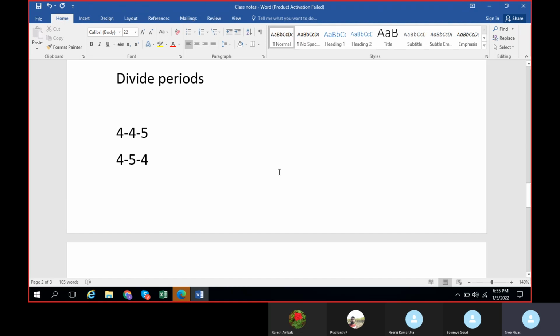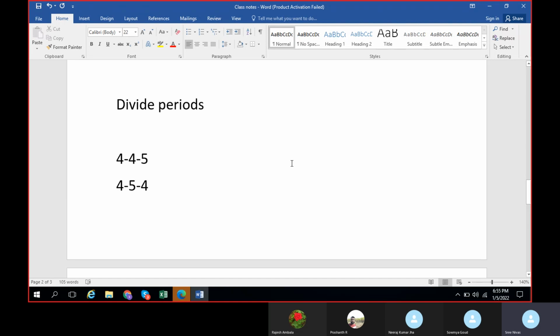It is a general assumption that every business will follow April 1st to 31st, right? A monthly calendar. But there are companies, or in a few countries, that follow this format as well. So what this represents is 4 weeks, 4 weeks, and 5 weeks.